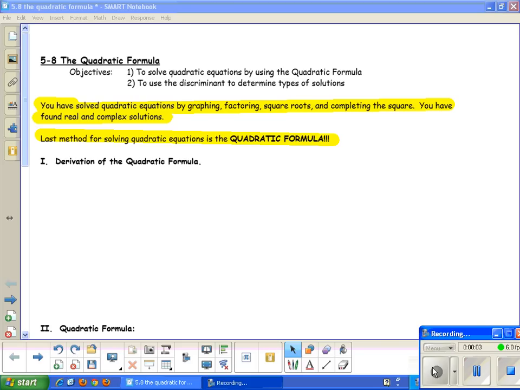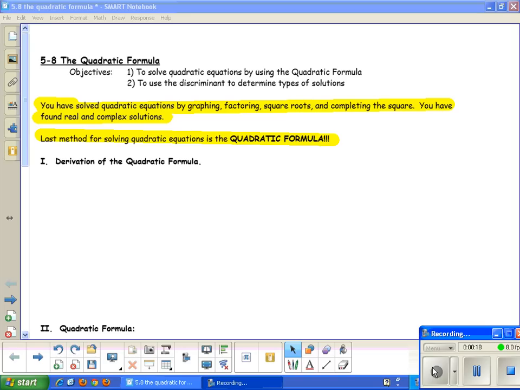Section 5.8, the quadratic formula. We're going to solve quadratic equations using the quadratic formula, and we're going to use a discriminant to determine the types of solutions. So we have solved quadratic equations by graphing, by factoring, square roots, and also by completing